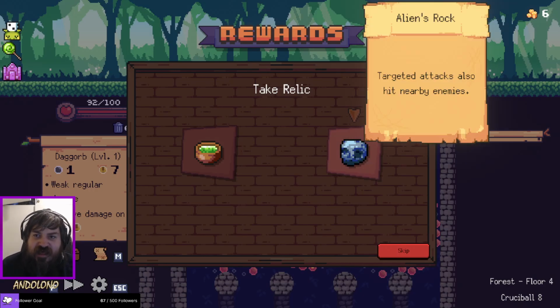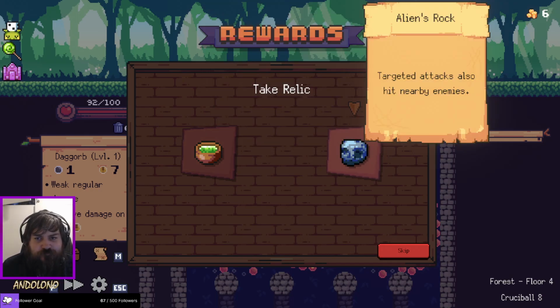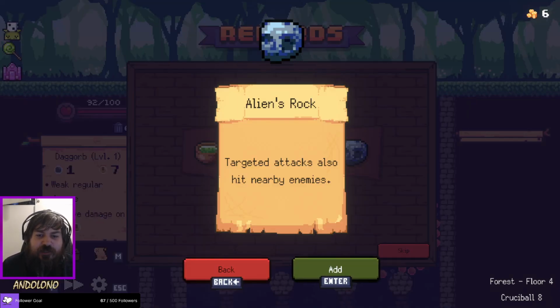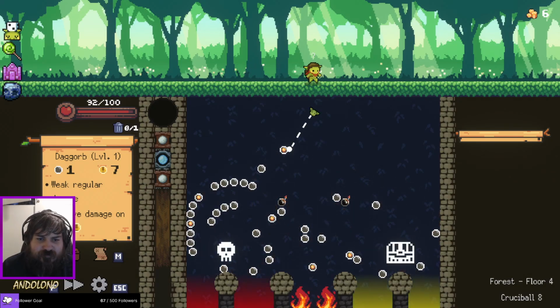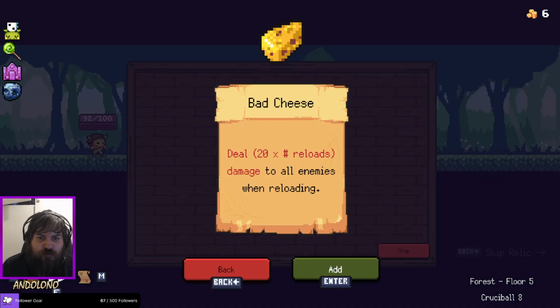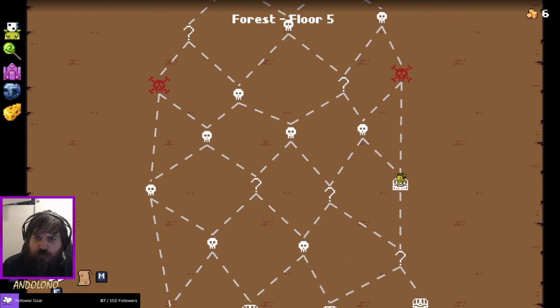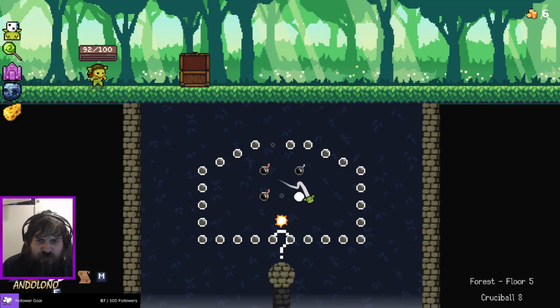Alien's Rock. Target attacks attack nearby enemies. Don't need it. Refresh activate nearby pegs when hit. I think Alien's Rock leads to more interest, so I'll take it. And give me my treasure chest. Jeez. Alright, reloading does damage. Cool. There is a shop right at the very end, and that's probably where I'm going to aim for to remove...